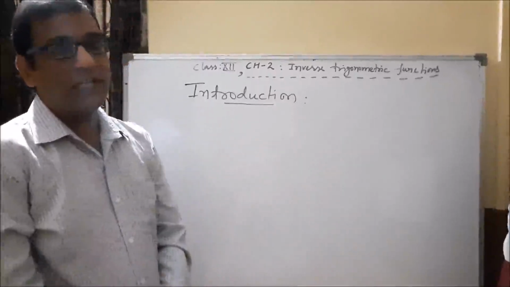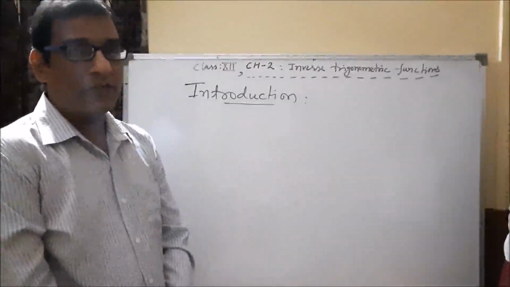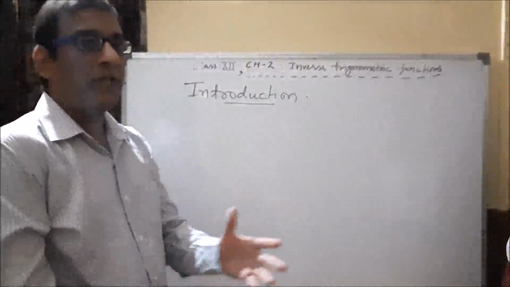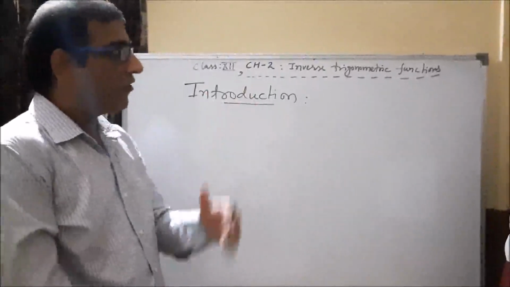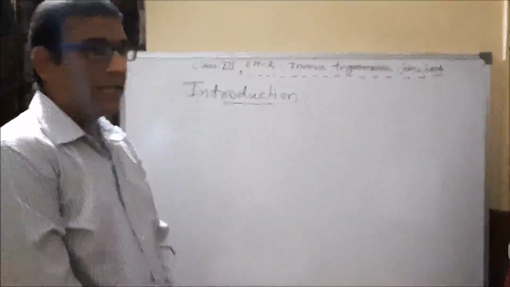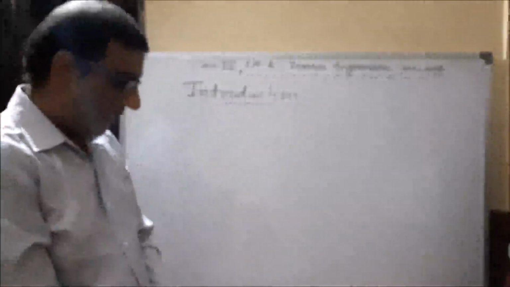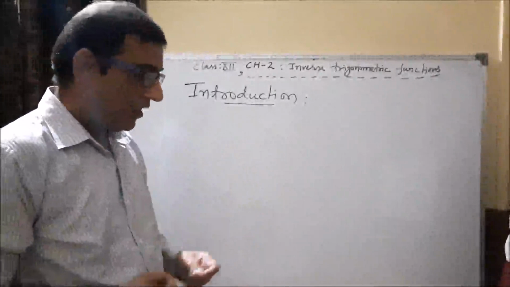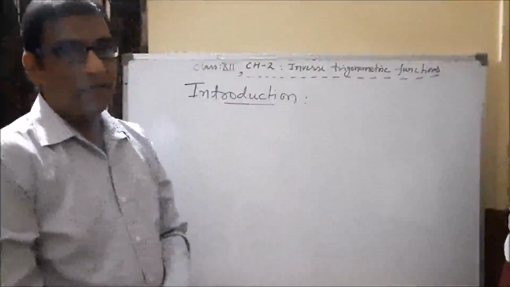But in this chapter we shall study the restriction on domain and range of trigonometric functions, which ensures the existence of their inverse, and observe their behavior through graphical representation. This chapter plays a very vital role in the field of calculus and integration, and it is also very helpful in the field of science and engineering. So I will recall the concept of domain, range and codomain with the help of one example, so that we can continue with the other parts of this chapter very easily.